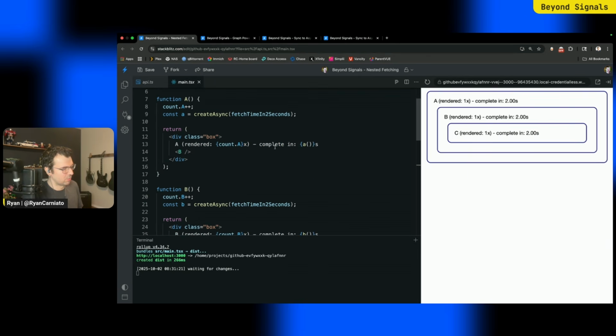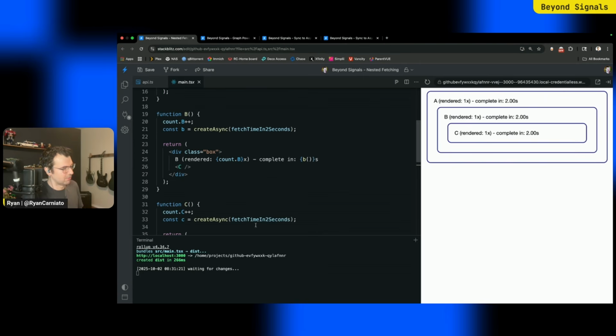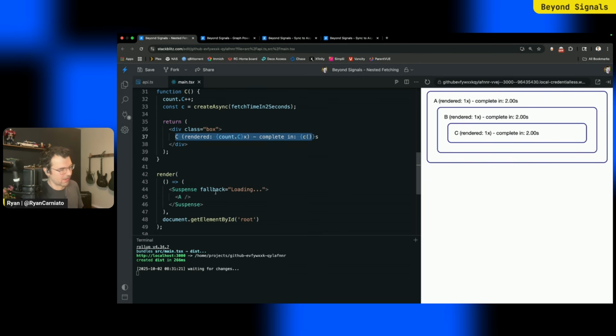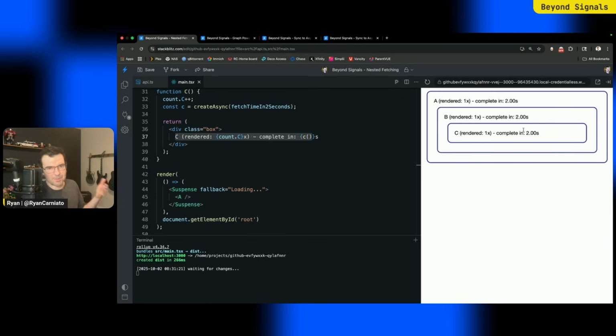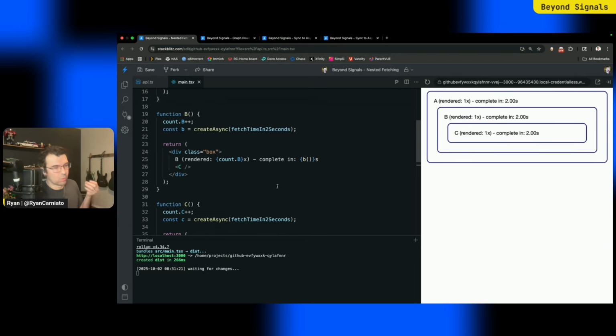Each one of these fetches its own data in a cascade. A fetches, reads that data, renders B, fetches, reads that data, C, and so on. And I put the whole thing under a nice little Suspense boundary. And I drew them so you can see how they sit in each other. But what you're going to notice is when we load the page, maybe you might not expect this, but they all load in 2 seconds, even though the fetching takes 2 seconds. They all actually render in parallel. The reason for this is because we're fine-grained. We only need to block this expression. We can continue to render its children, even though the async is blocked right here where we render it.